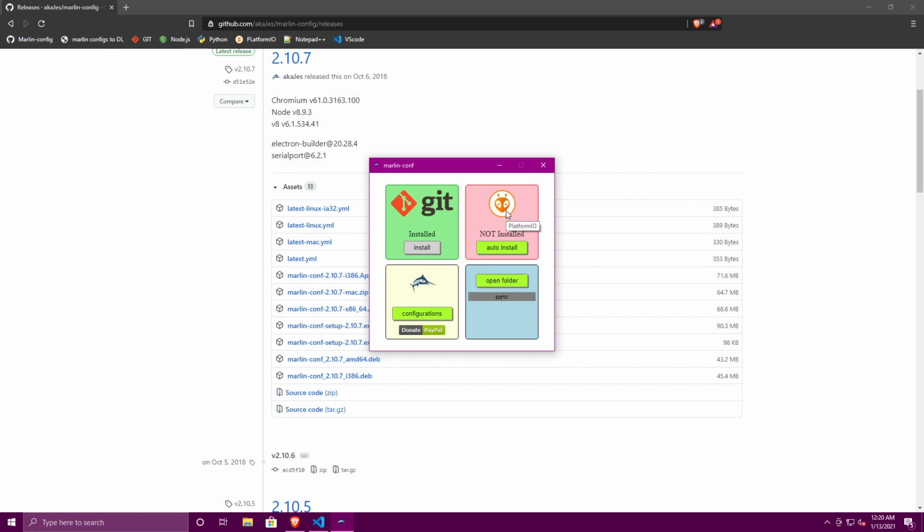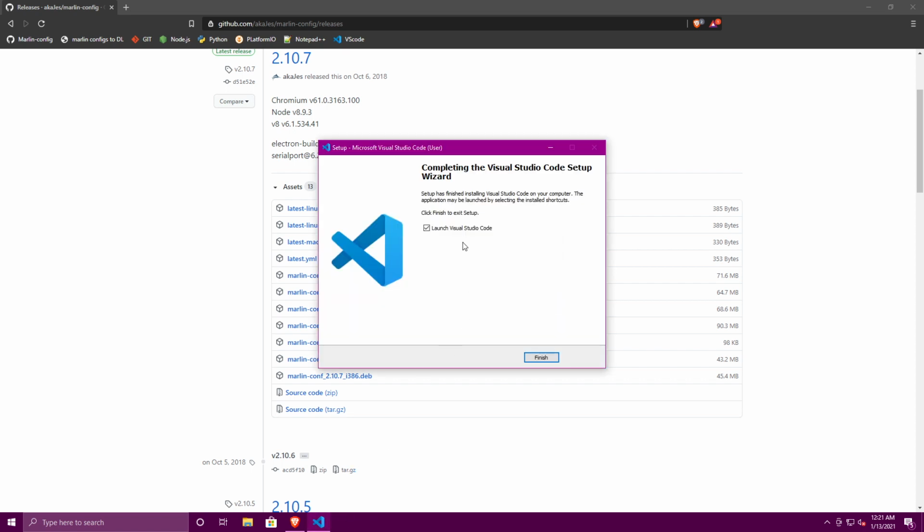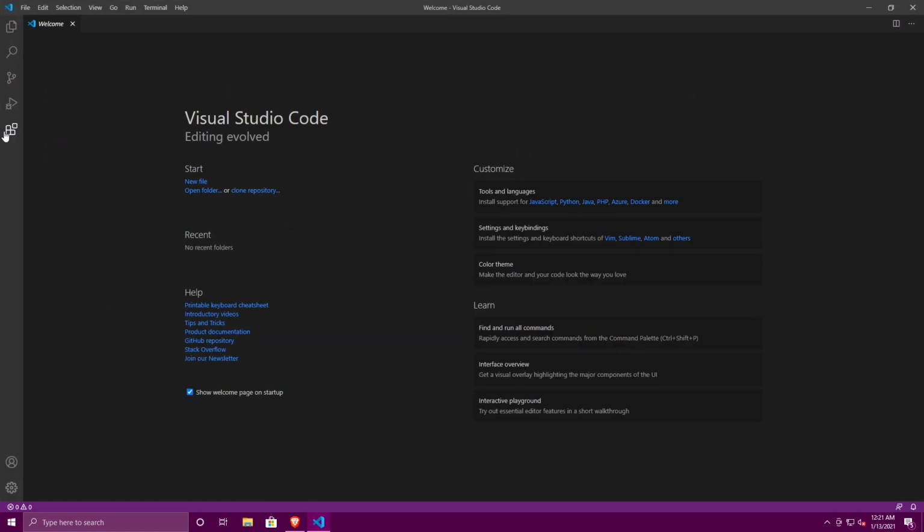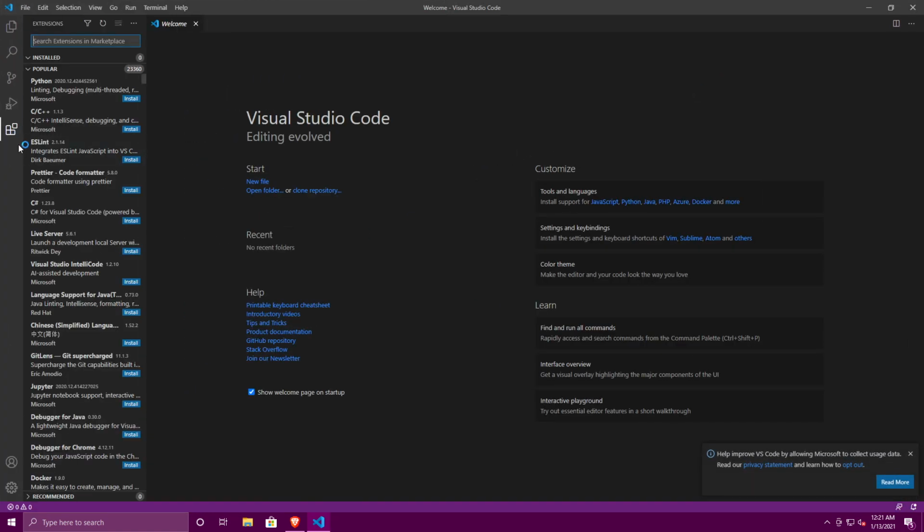and you'll see PlatformIO is not installed. Do not press this auto install button. It broke it for me, so I had to completely wipe the install, and that was a little bit of a complex process. So if you want to avoid that whole convoluted process, just go ahead and open up Visual Studio Code. Once it's open, click these little boxes right here where there's like 3 in the bottom left and 1 up to the right, and then go ahead and search